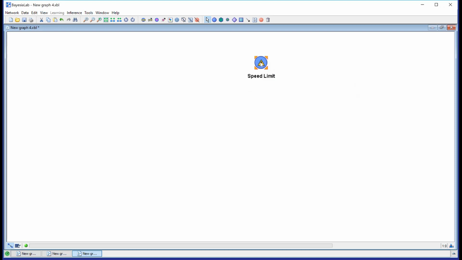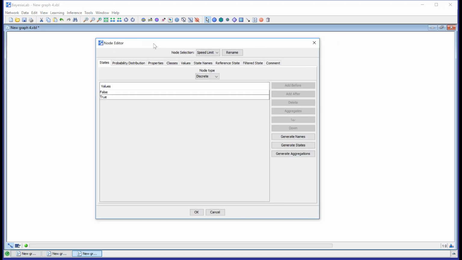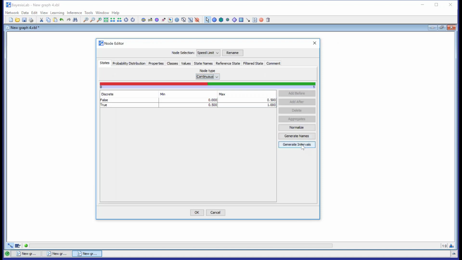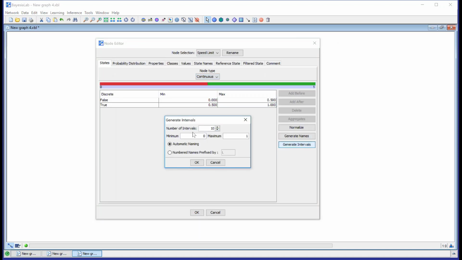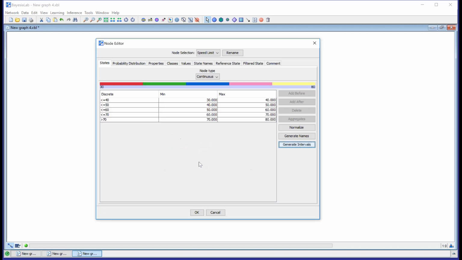So I will open my node editor and create intervals for this node. I'll turn this into a numerical variable. And here I'll say I want to look at speed limits between 30 and 80, and I want to have 5 intervals for that. So this is now kind of the domain for this particular node, speed limit.